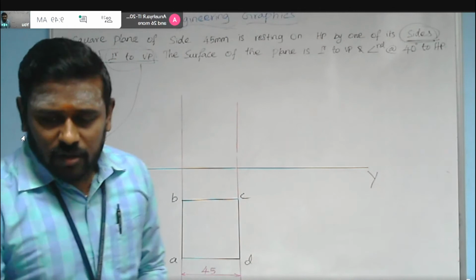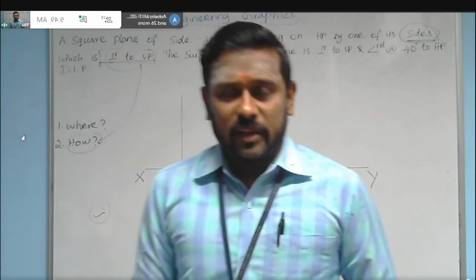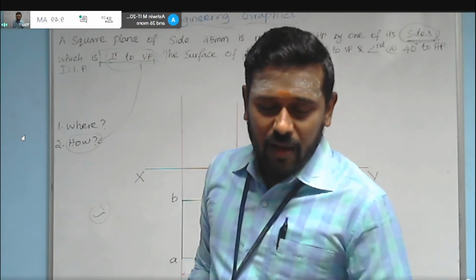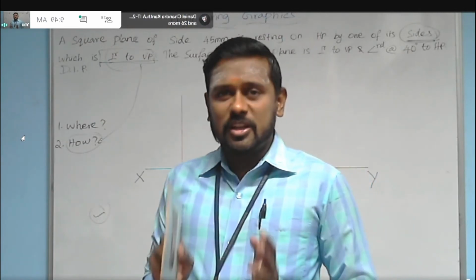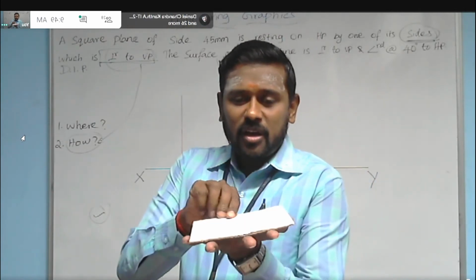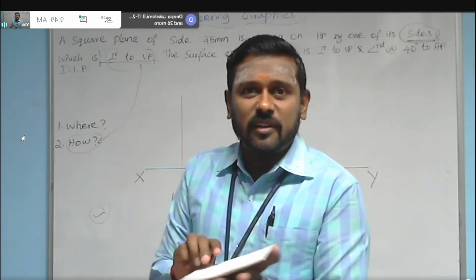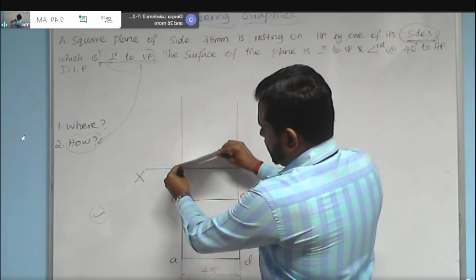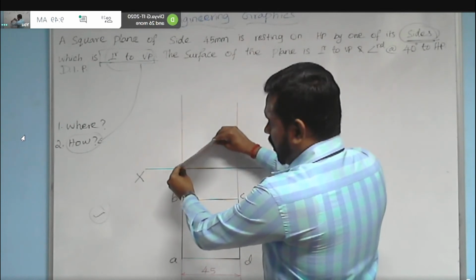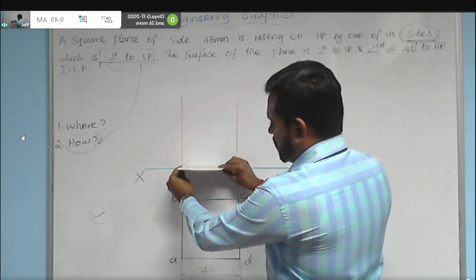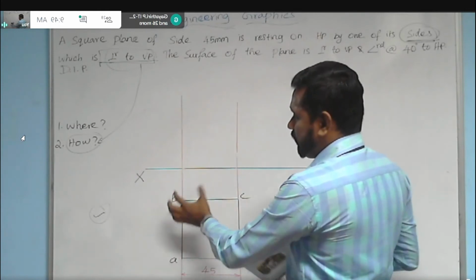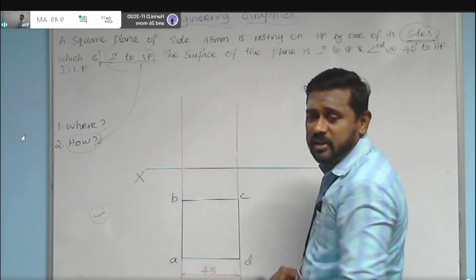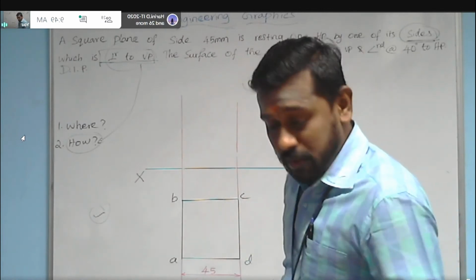And here, how will the front view be looking? Front view here is nothing but simply a straight line. And that straight line, as per the current assumption, will be lying on the XY line itself, because in future we are going to make the surface inclined at 40 degree to HP. As of now, we are considering the surface is lying on the HP. So the straight line here will be obtained in the XY line itself, so we need to mark the names on the XY line.